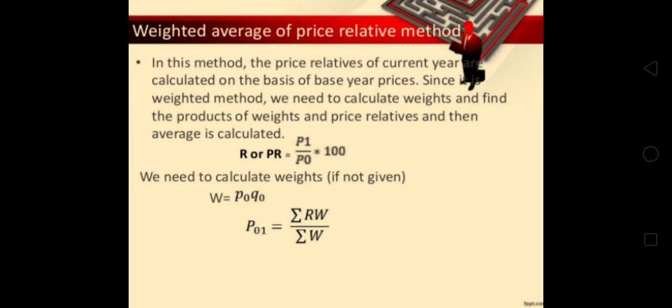Now, weighted average of price relative method. In this method, the relatives of the current year are calculated on the basis of base year prices. Okay, the formula which is applied here, R, you can call PR, is equal to P1 divided by P0 into 100, and we need to calculate weights if not given. Then W will be equal to P0 Q0, and the formula will be